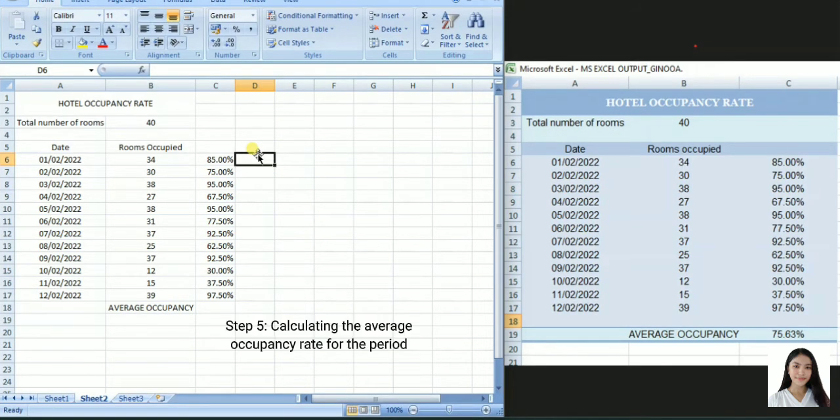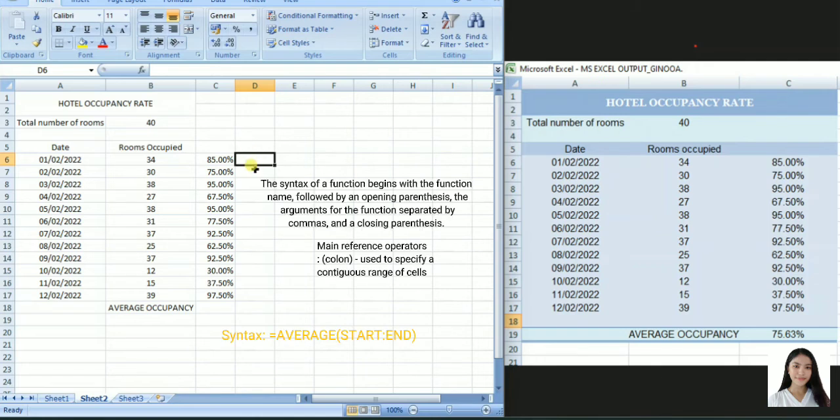The last step is to calculate the average occupancy rate for the period. If you want to calculate the average occupancy rate for the entire period, the average function comes in handy. The easiest way to use it is with the range operator. The syntax is equals AVERAGE, open parenthesis, start, colon, end, and close parenthesis. In our example, we'll use equals